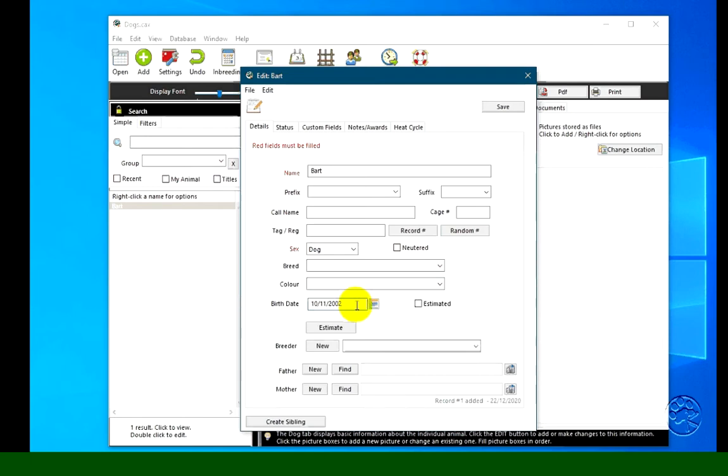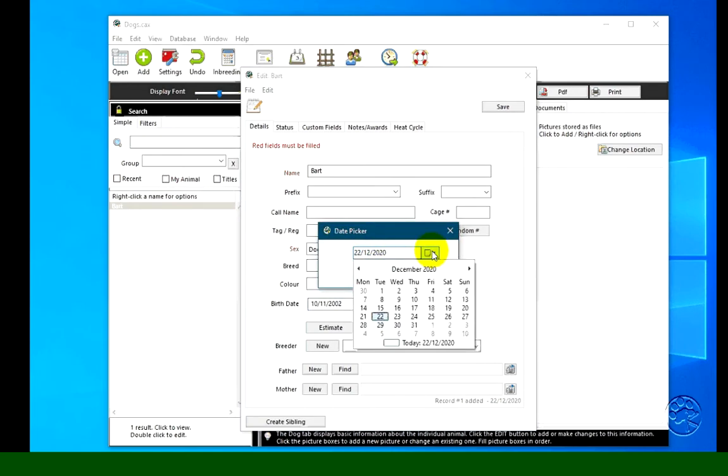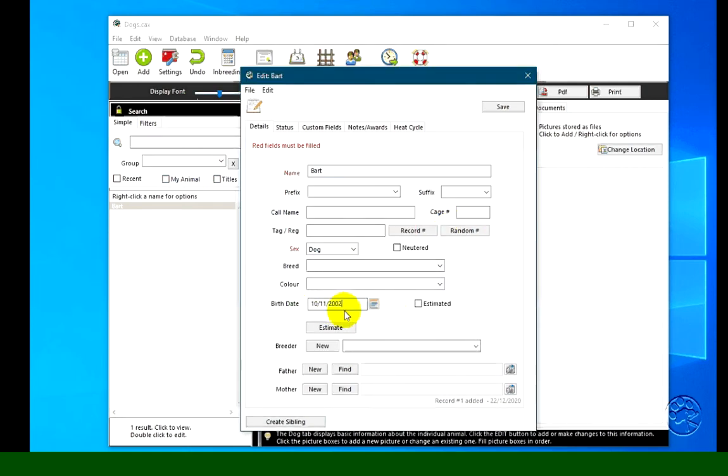2002. Okay. The other way of entering a date is to click on the date picker, and you can type it in there in Windows, or you can choose it this way. It's a little bit harder. If you want to change months, you might have to do it like that. To change years, etc. So for things that happened a long time ago, it's usually better just to type it in. If you're not sure when he was born, you can click estimated,